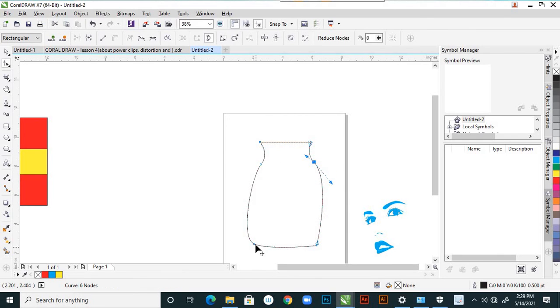Something like one container that looks like a flower vase, right? You can give shape here. You drag this, just look like a shape.